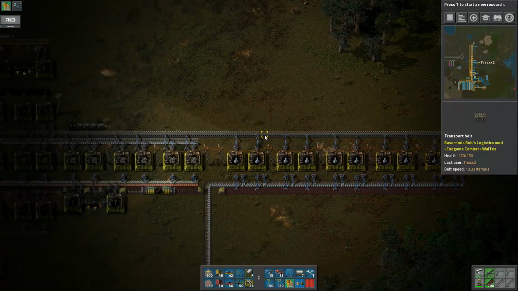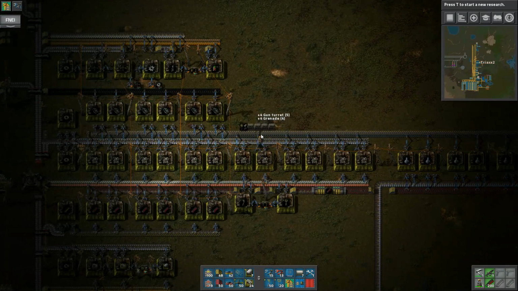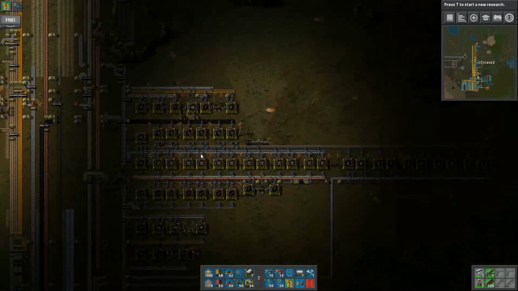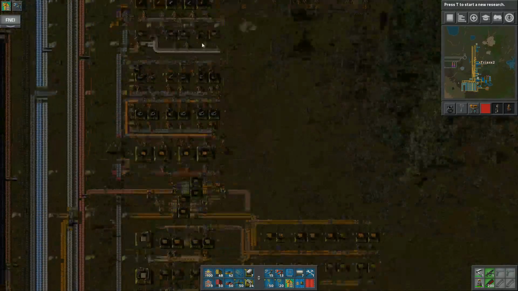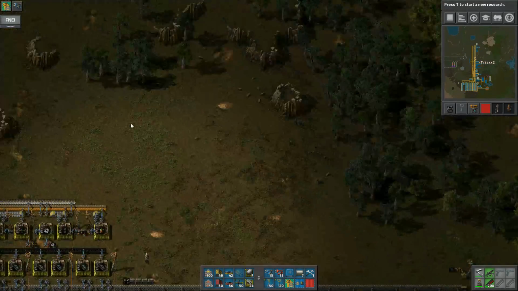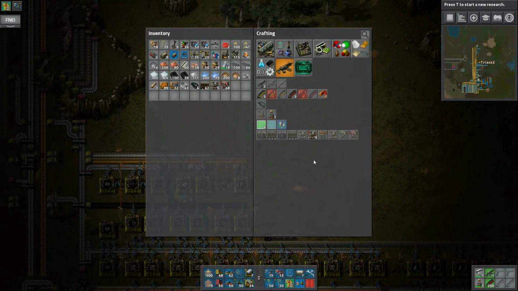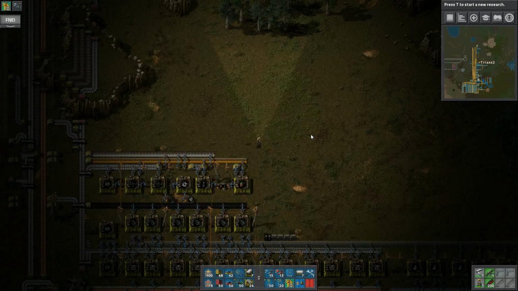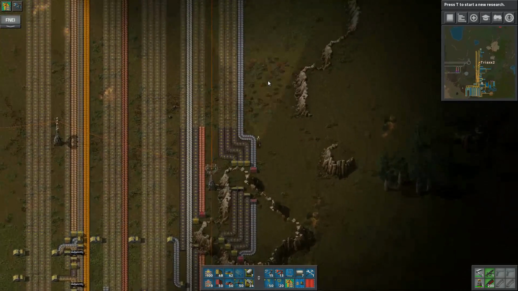Did I not automate gun turrets to being made to me? Ooh, balls. That's not what I wanted. Apparently, I did not. Strange. I think I was using manual crafting. Well, you know what? It's actually quite alright. Because I believe we have gun turret Mark IIs that we can make. Excellent. So, these take a little bit of steel, but they are not hard enough to make to justify...